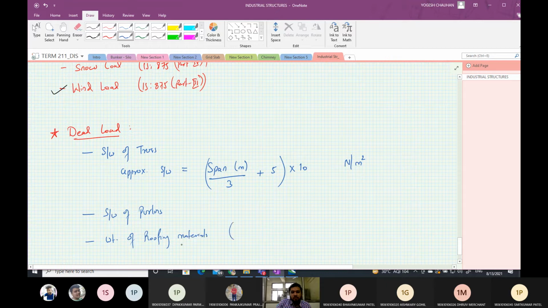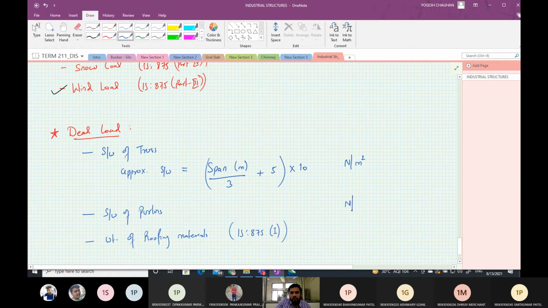Depending on the type of the roofing material selected, you can have the unit weight of the roofing material from IS 875 part 1. You can find the weight of the roofing in Newton per meter square.